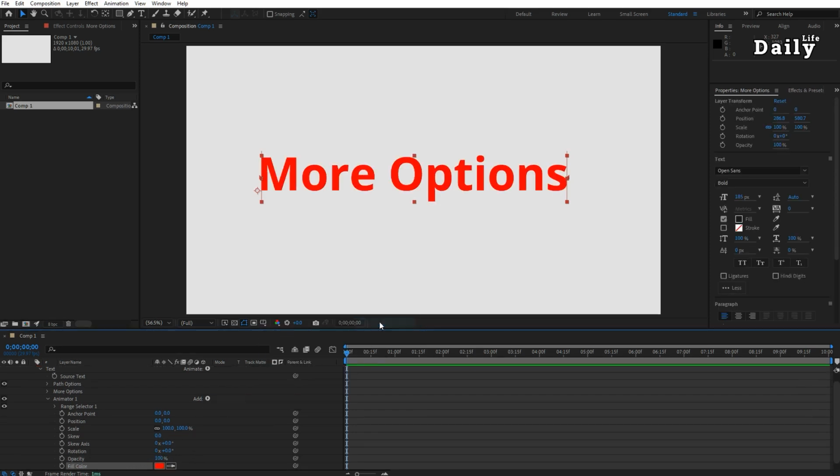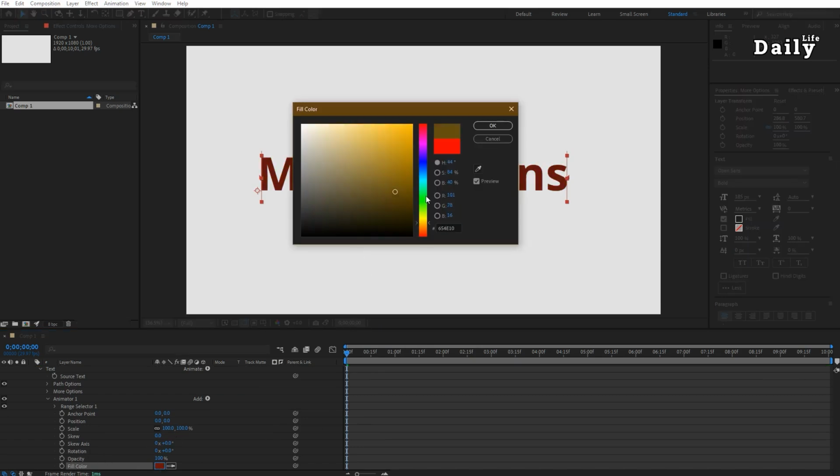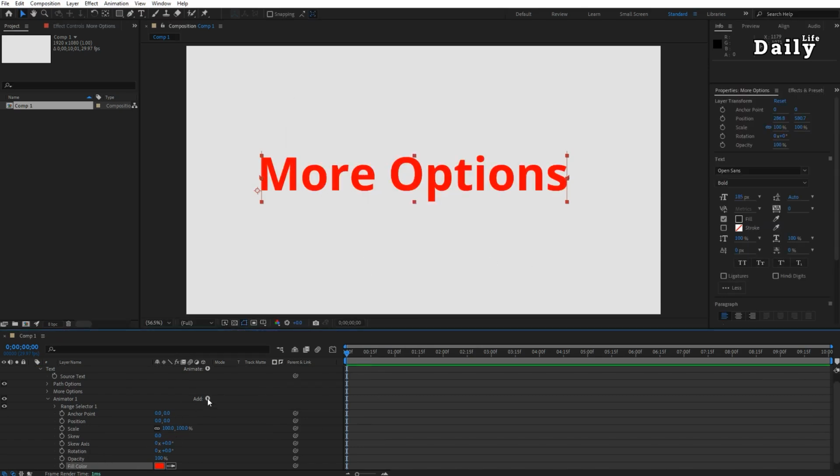Fill color, RGB. It means the main fill color. Hue. This controls the specific color of the text. Hue is measured as an angle on the color wheel, ranging from 0 degrees to 360 degrees. For example, 0 degrees is red, 120 degrees is green, and 240 degrees is blue.